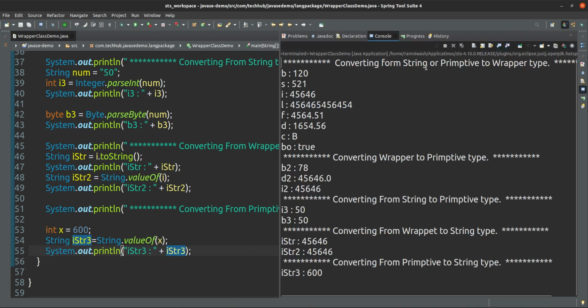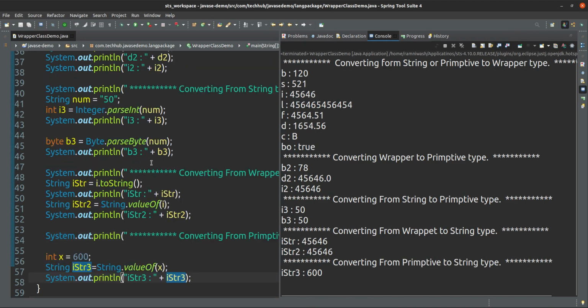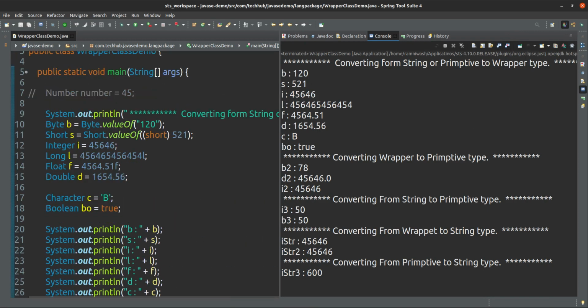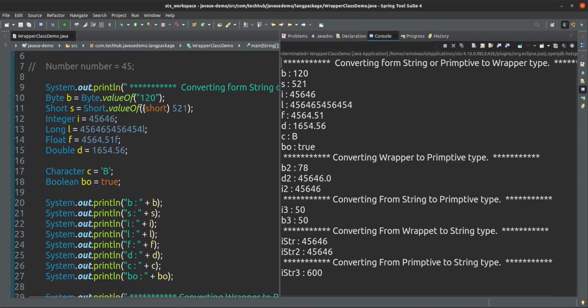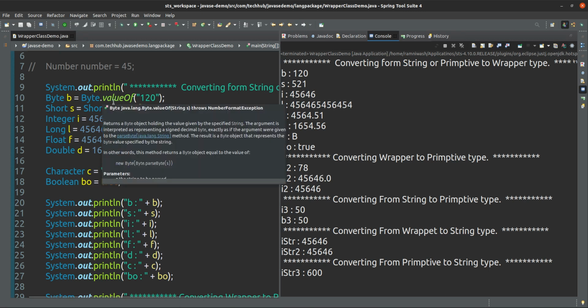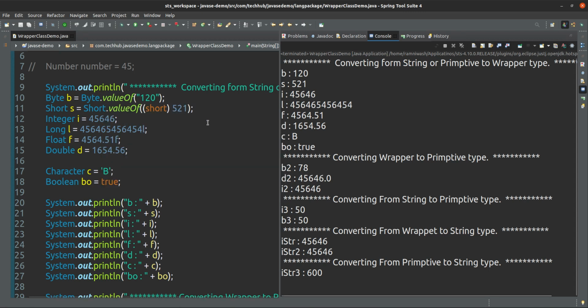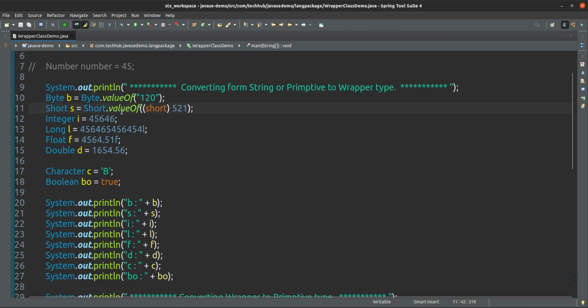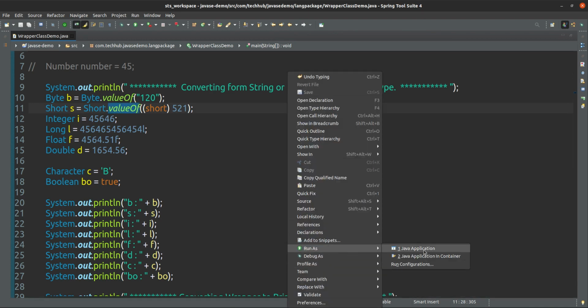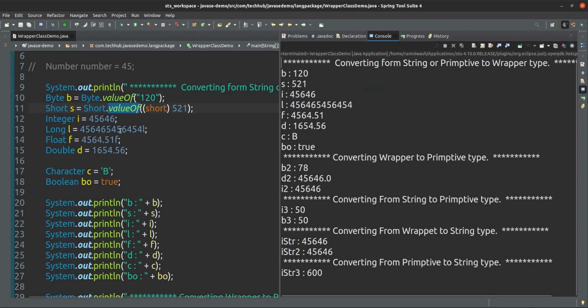Converting from string or primitive to wrapper type, we can use the valueOf method, or directly with the assignment statement we can do. If it is a string, then we have to use the valueOf method.